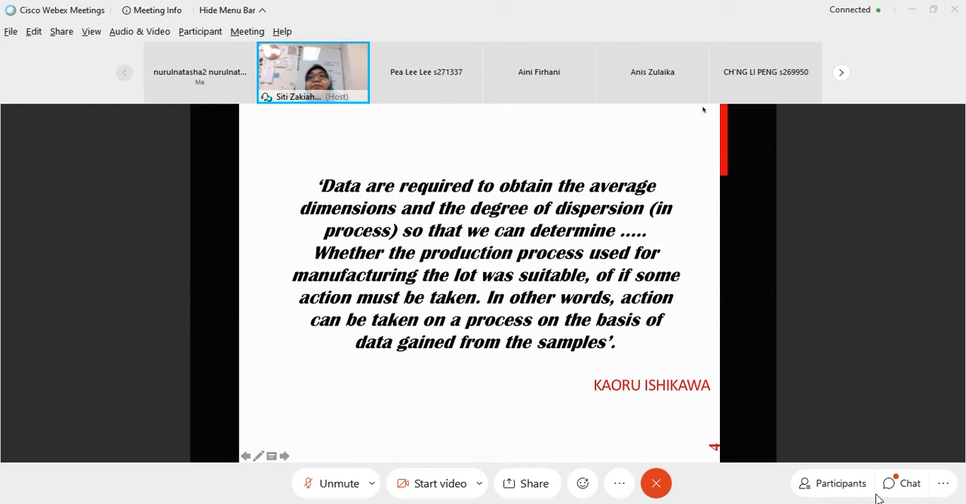What Mr. Ishikawa says is that you need data. Even if you do research, you will collect data. There are different kinds of data, but the data can determine the degree of dispersion of the process, whether the process is in control or out of control. This is how we're going to find out through statistical process. We use statistics. I hope that all of you have taken statistics before. I think in your SPM you have learned that